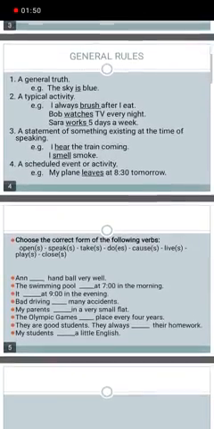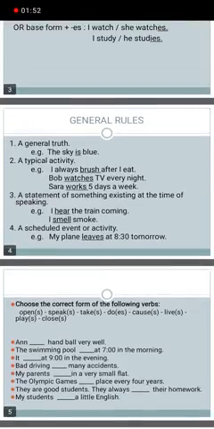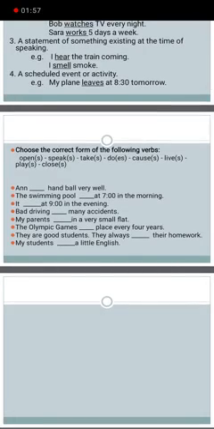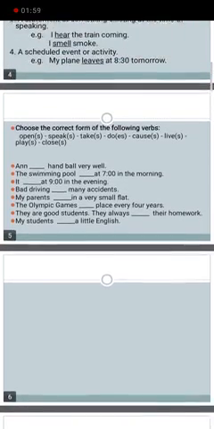So that's all about the simple present tense. And then down there is an exercise. So make sure you do that exercise. Then let's move on to